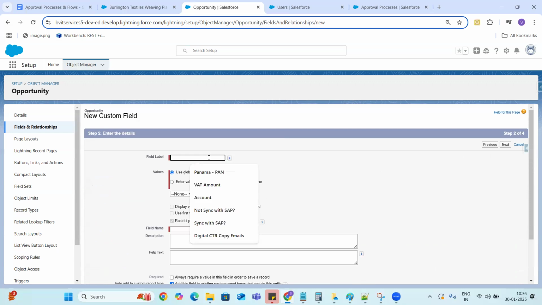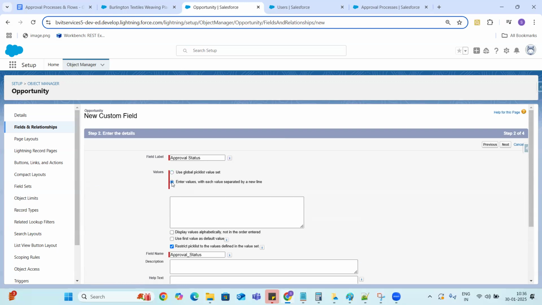The field label is approval status. Whenever we have an approval process, we basically create this approval status field, so that we can easily filter on it to see which records are presently waiting for approval, or whether approval is done or not.